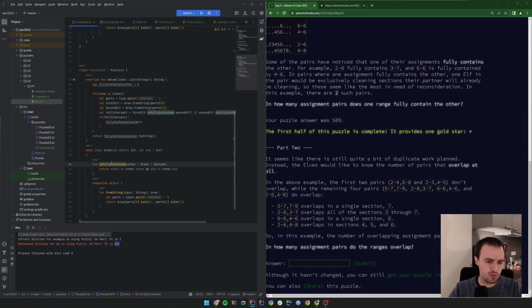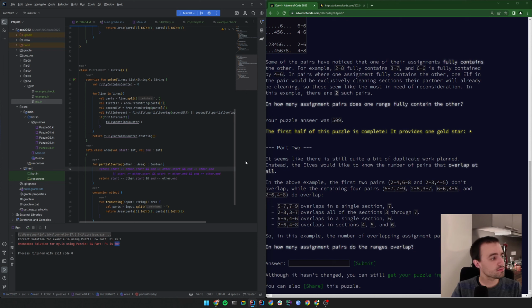And in our case, we don't want the fully contained anymore, but we would like to have a partial overlap, which a partial overlap would mean that one of the following things must be true. Either